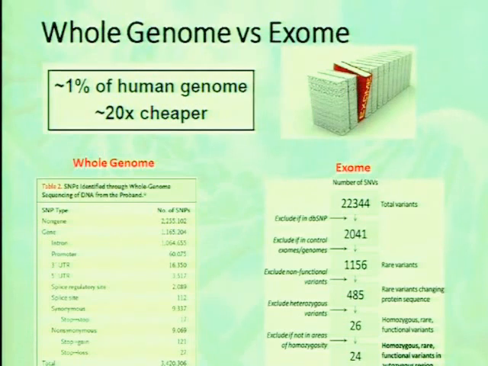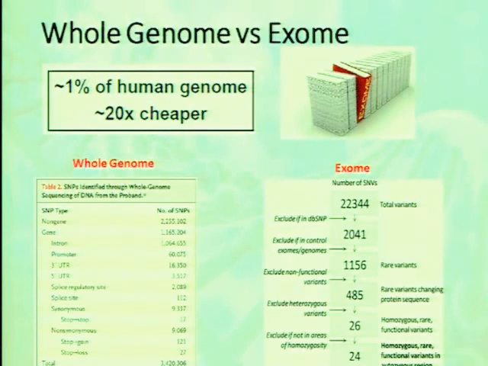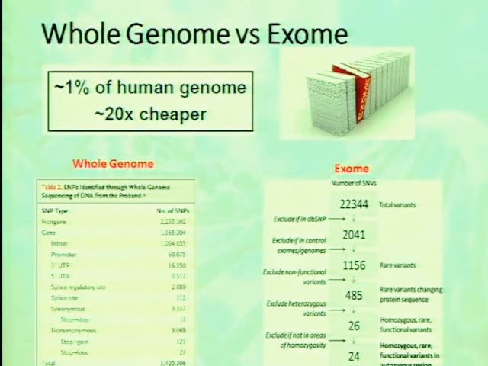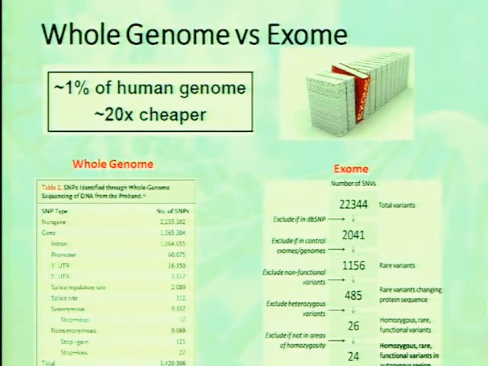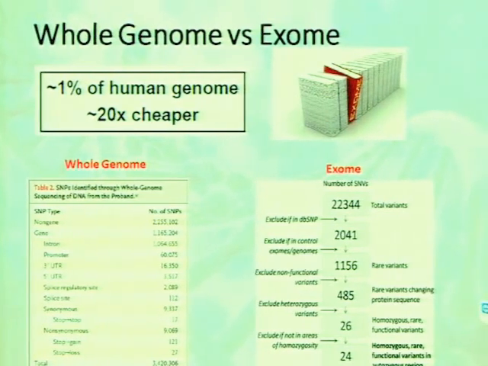And you can see what is the problem here. If we sequence the whole genome, you are going to get about 22 lakh variants, as opposed to about 22,000 variants in the exome. So from an analysis point of view and from a yield point of view, it is always good to do exome sequencing compared to whole genome sequencing. So mostly in our clinical practice, we try to sequence the exome and try to find what is the cause